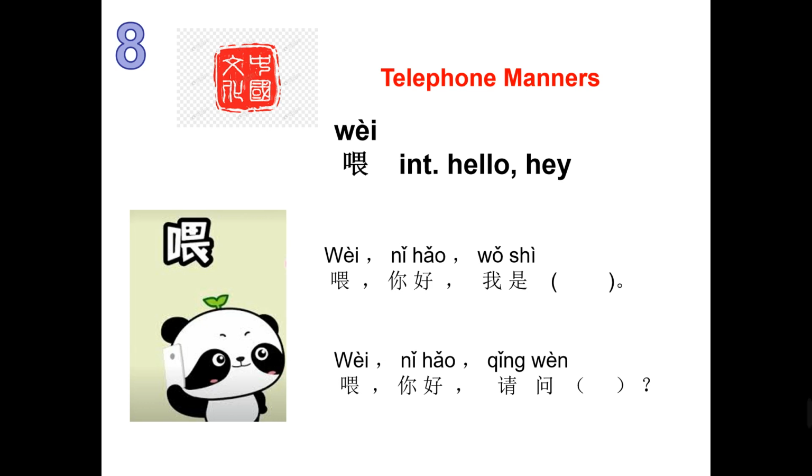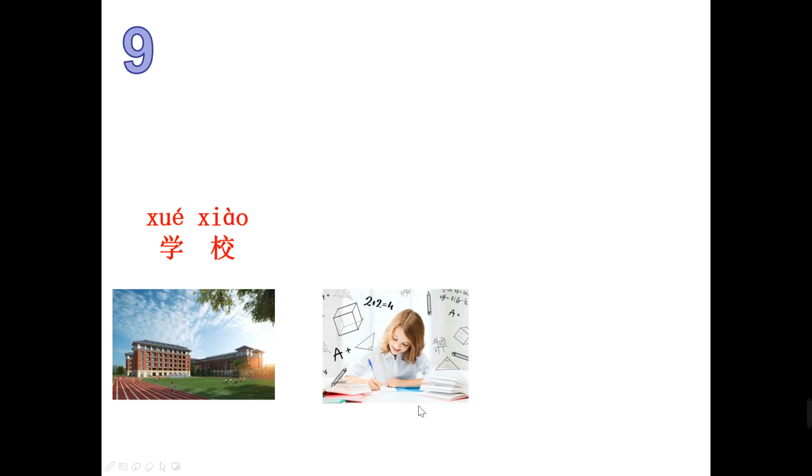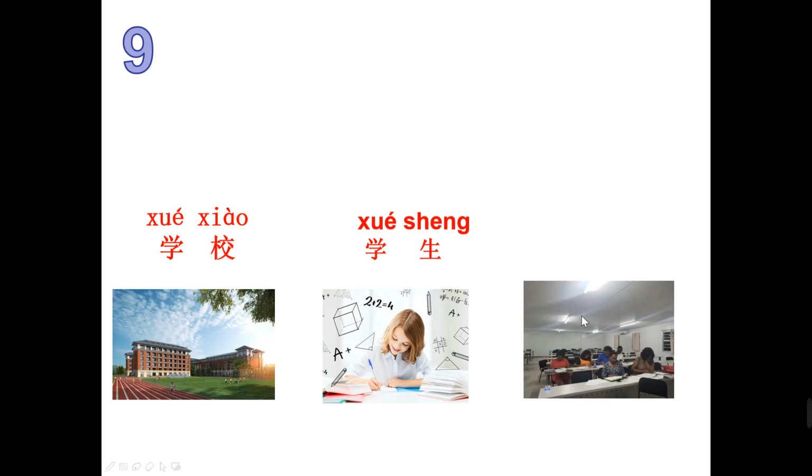Okay, now let's continue. The noun words we once learned. This is 这是学校 school. 他是学生 student. They are 他们是 They are classmates. 他们是同学